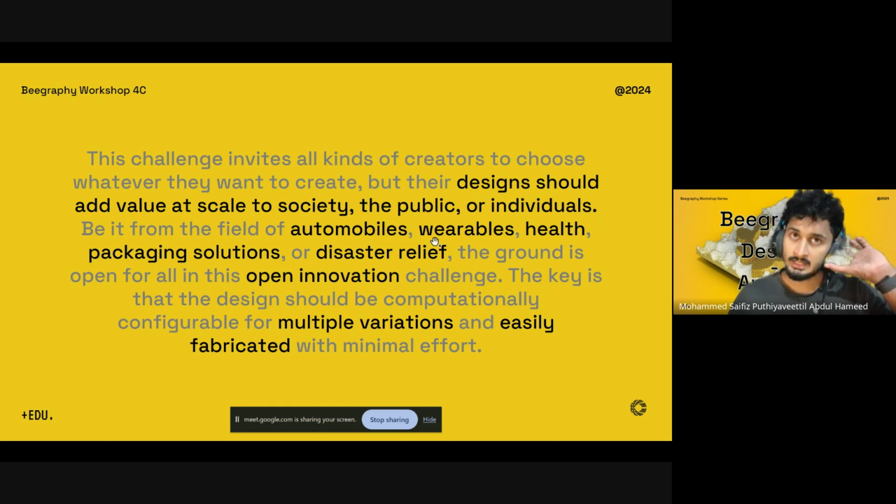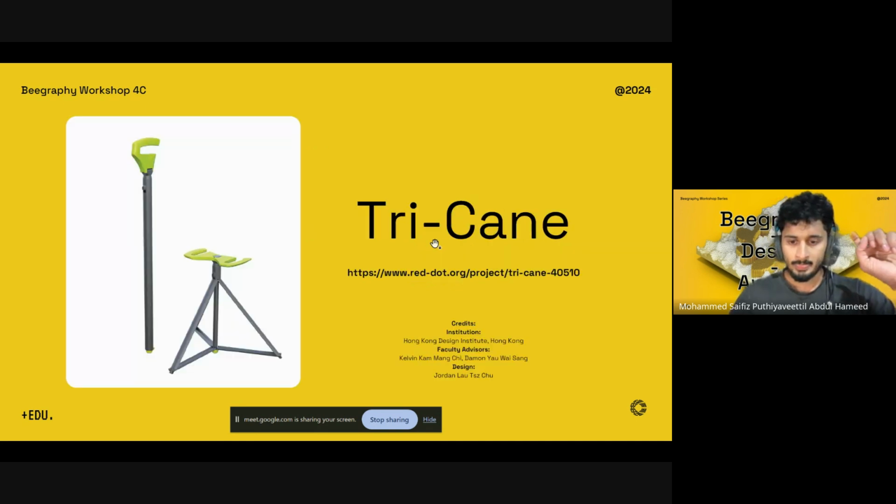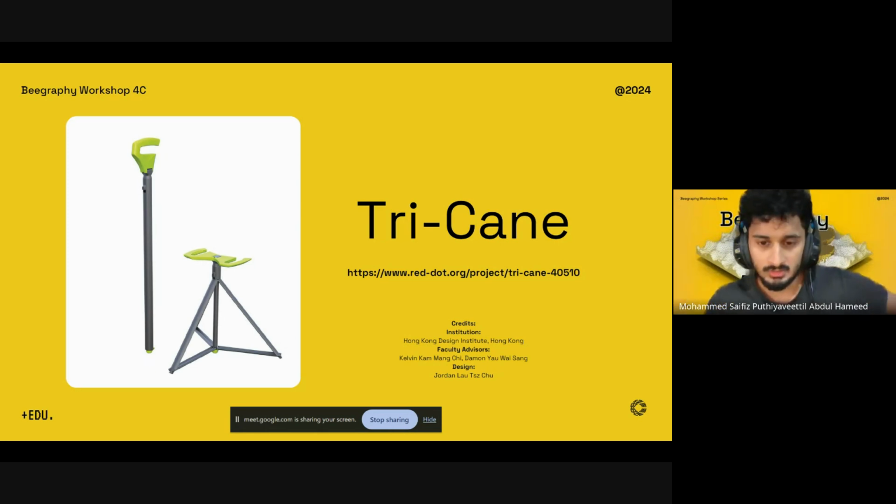So with that as a challenge, the example that we've taken for this exercise is a design developed by the Hong Kong Design Institute. It's called Tricane. It is a walking stick which can also be converted into a seat or a chair. Found this to be a quite interesting design. So what we'll try to do is